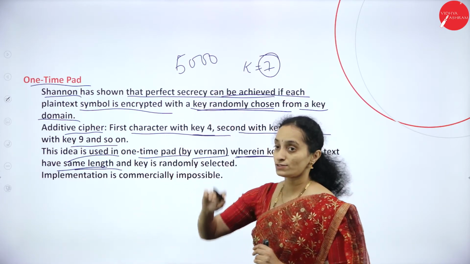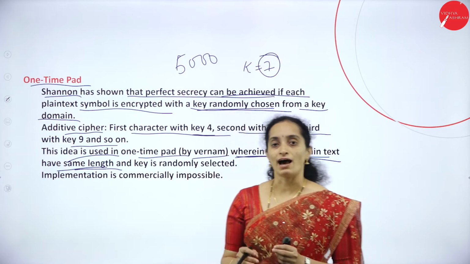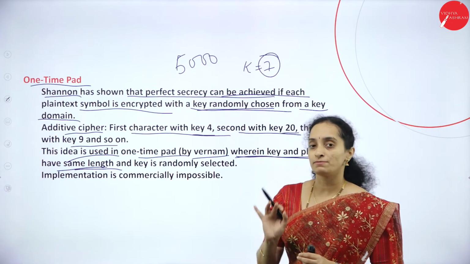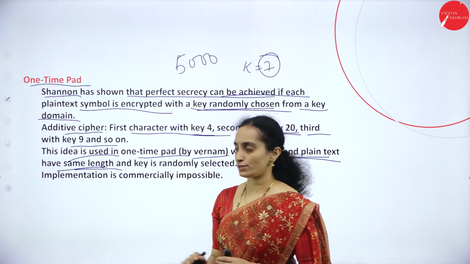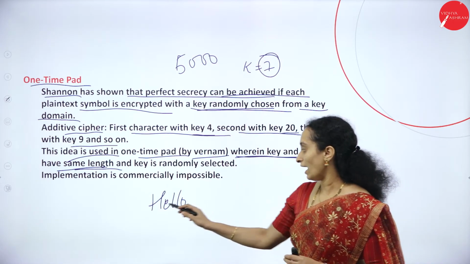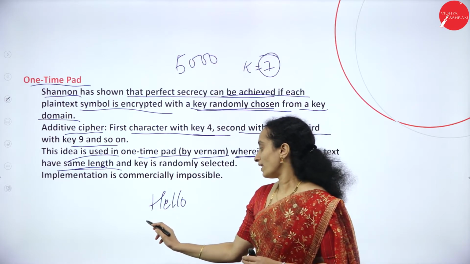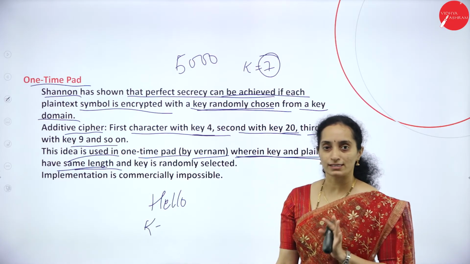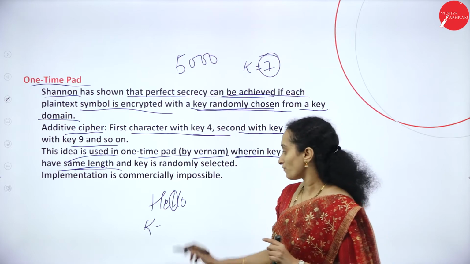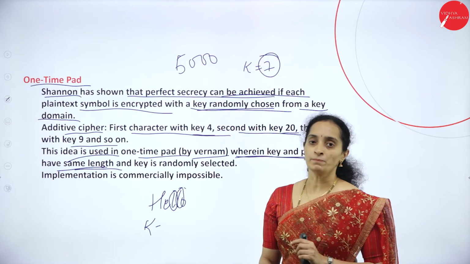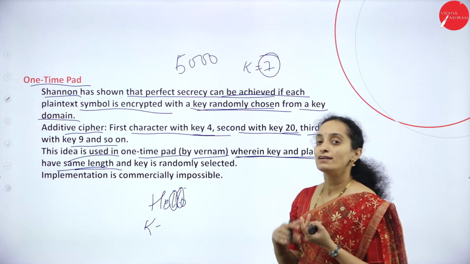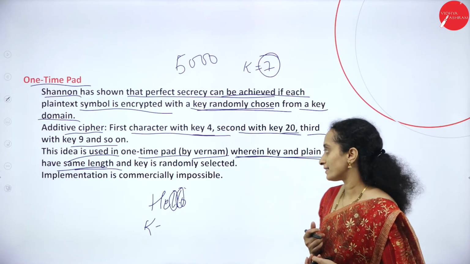If you have 5000 characters in a message, you will have 5000 set of keys, may be repeated, but all the characters will have a one-time key. Suppose, as in the general example we considered, it is hello. If you have 5 characters, you will have 5 set of keys for these 5 characters, so the encryption key used for this L will be different from the encryption key used for the second L, which generates a different encrypted character, isn't it?